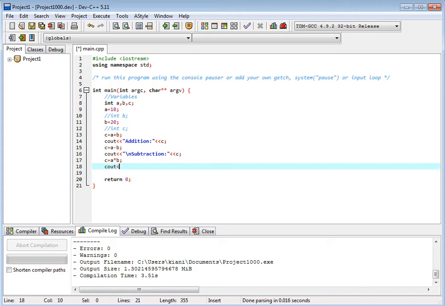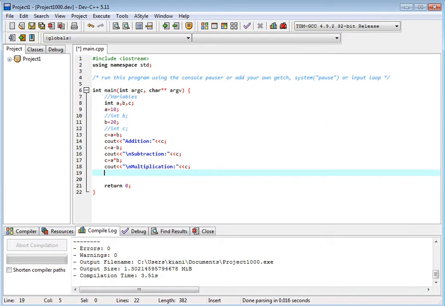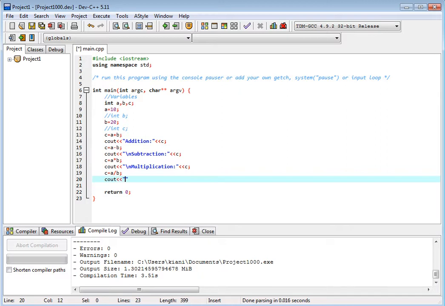And cout new line multiplication is less than c. Okay, and c is equal to a divided by b. Cout less than division, and less than c. So let's see the output.